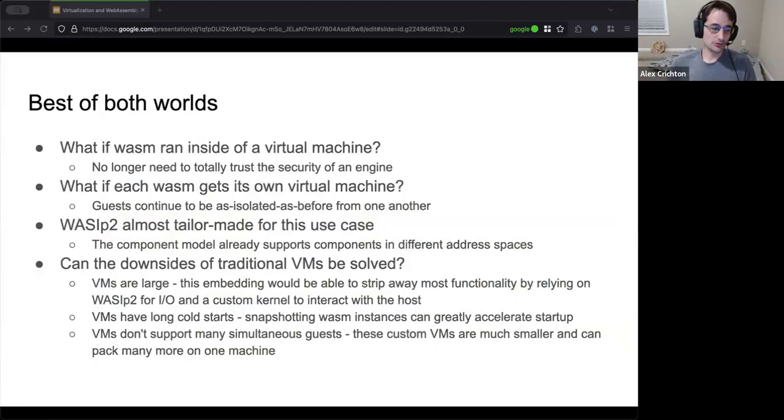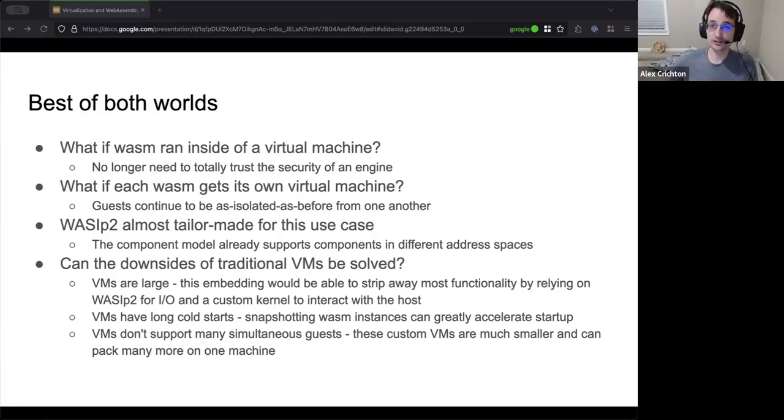So this is where I get to pose the fun question of can we actually take a WASM engine and run it inside of a little tiny virtual machine? That's not exactly easy because we don't want a brand new Linux userland. I don't want to just run it inside of a Linux virtual machine. I want a slimmed down, very fast to boot, all that fun stuff. But I want to get kind of the same benefits as before.